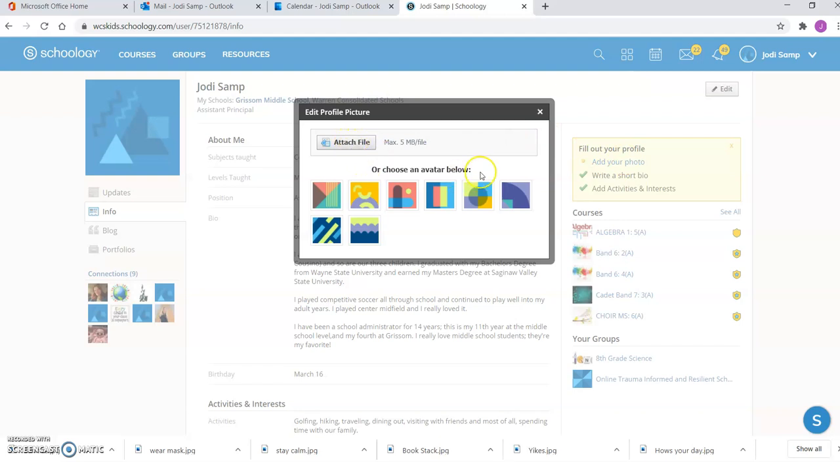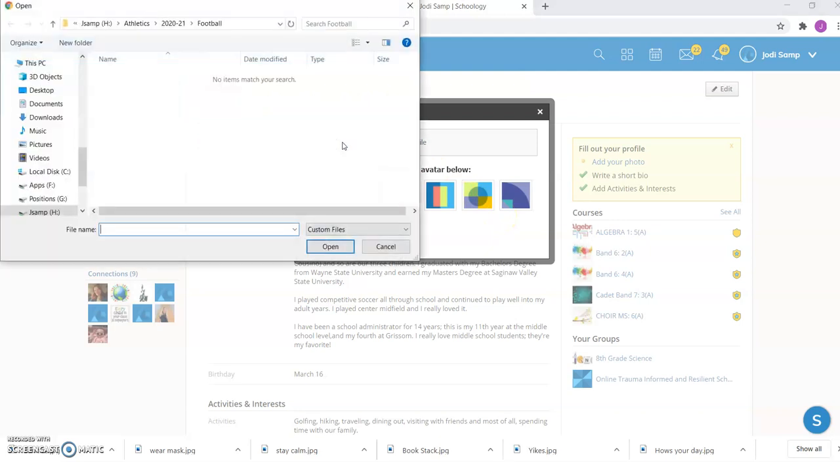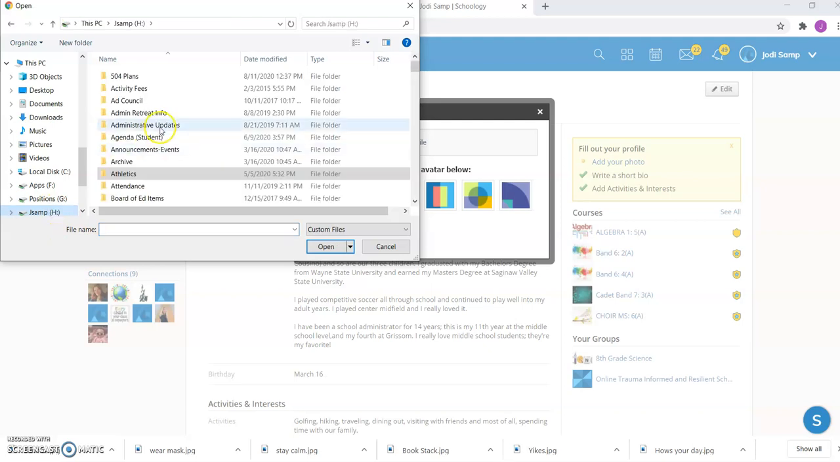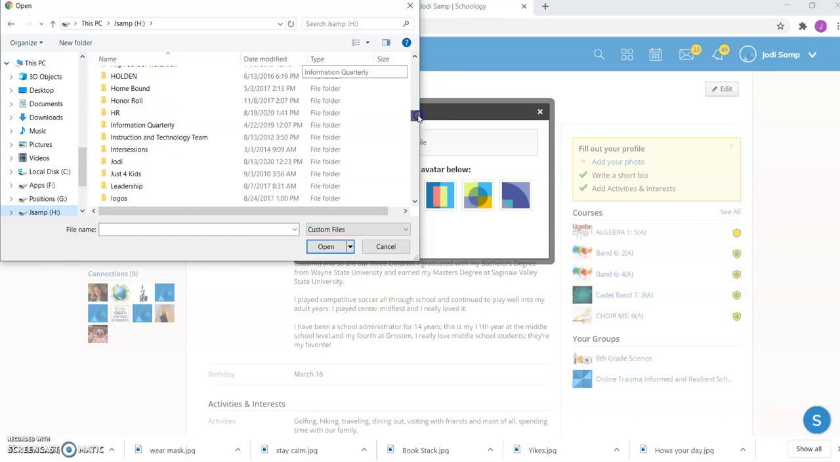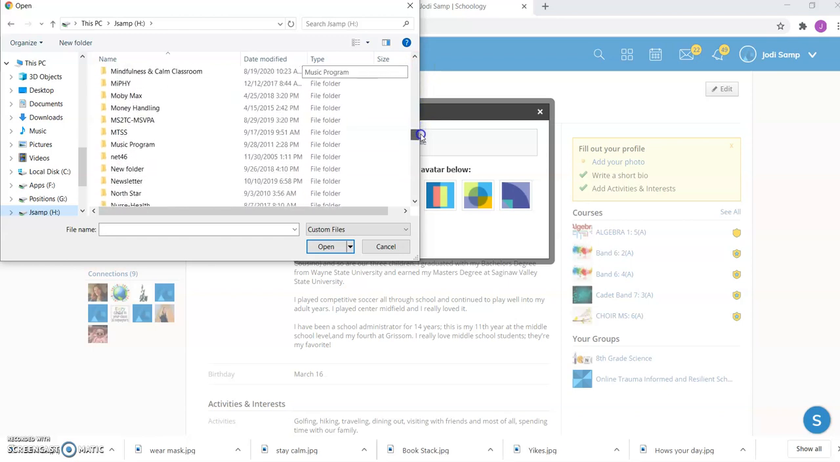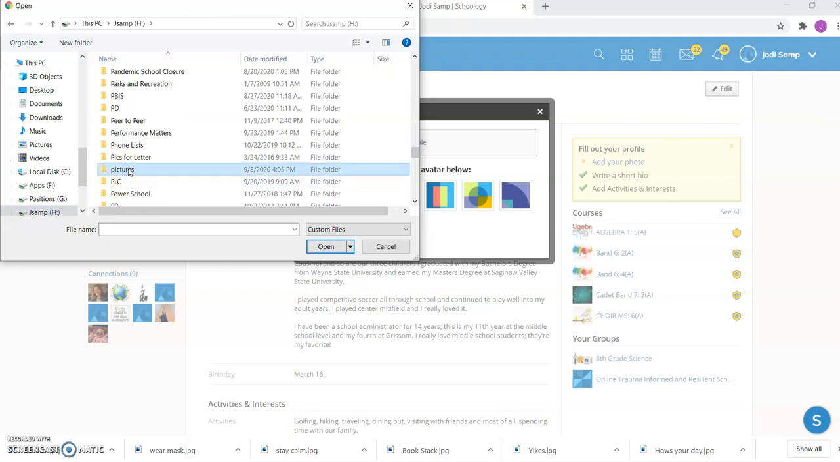So if you're going to use an avatar, you just click on it down here and follow the prompts. I'm going to attach a file because I created a Bitmoji group of photos, and I'm going to find where I saved them on my computer here, and I have them in a picture folder right here on my computer's hard drive. I'm going to open that up,